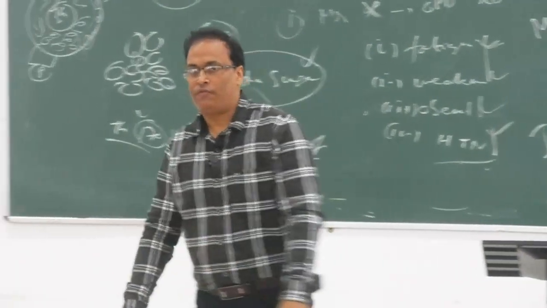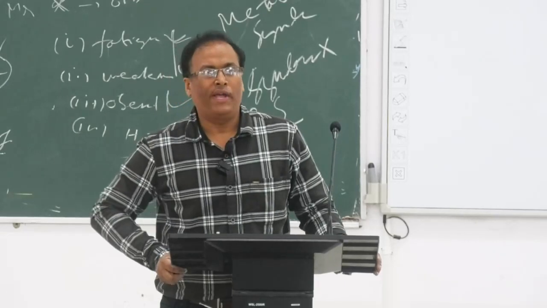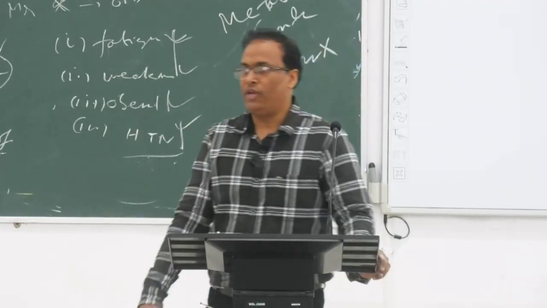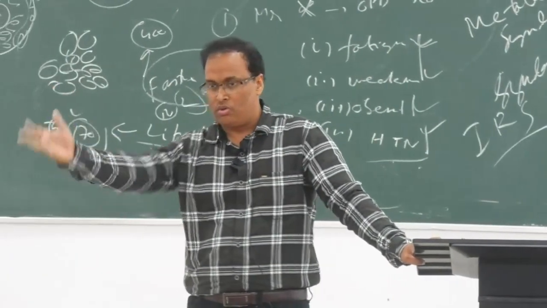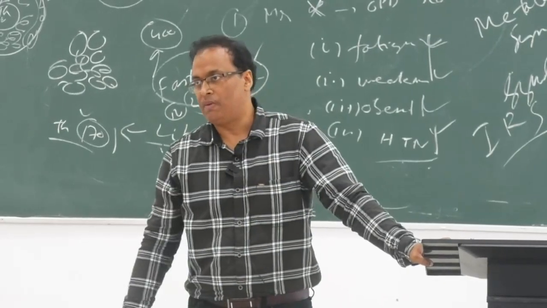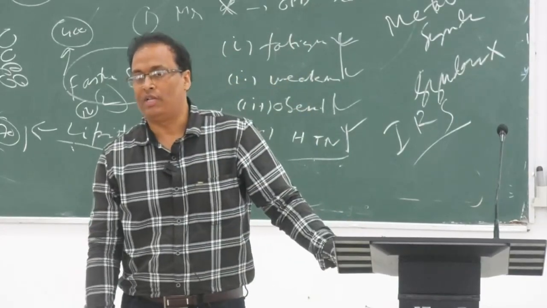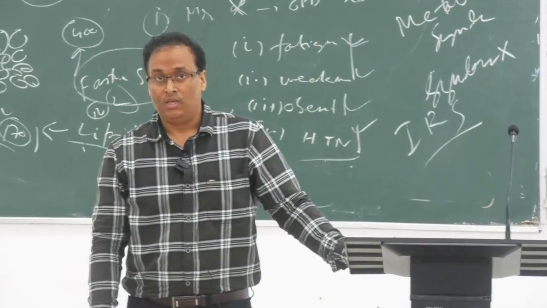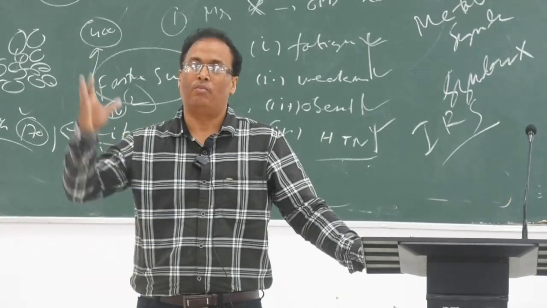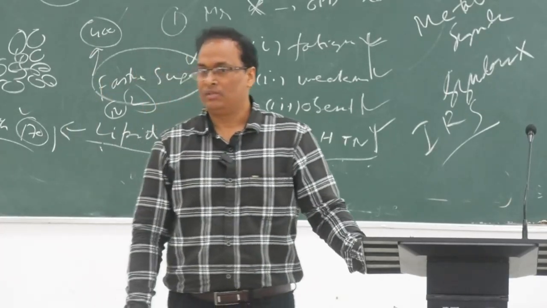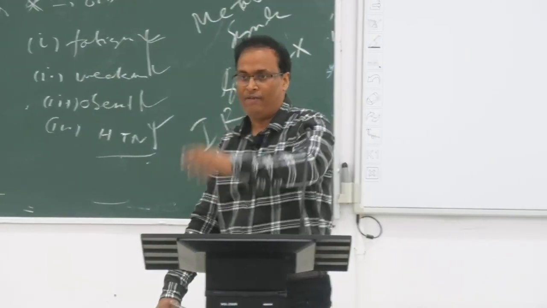Search for whether fasting insulin is high or C-peptide level is high or not, and not only seeing the glucose level. In many camps, you will see, what do these free camps do? I always suggest them, brother, if you can, if you can do something for society, then do it for the insulin level or C-peptide level, then you are doing a good thing, because insulin level is much more important than the glucose level. Remember that. If you can't detect the insulin level, by the time glucose rises, insulin resistance has already developed, and that's why patients may come with a glucose of 400, established diabetes mellitus.